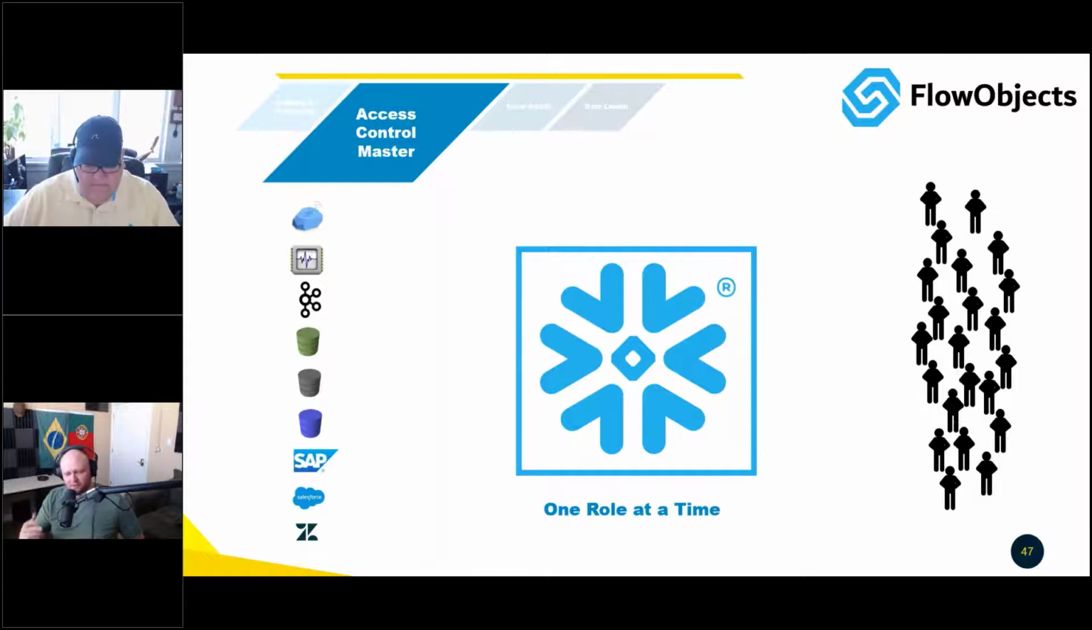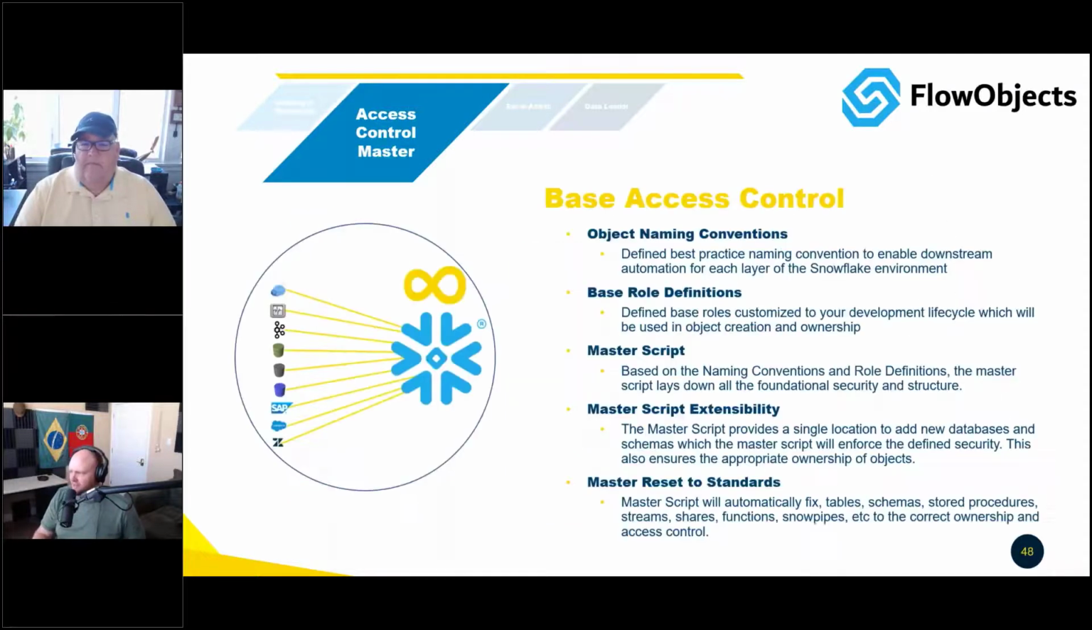And of course, Snowflake throws a bit of a curveball at us in that it only allows for a single role to be occupied at any one given time. And so to get around that, what Intricity created was the FlowObjects brand, along with this access control master, which is a result of us going through many deployments and creating a master script that could allow us to wrangle